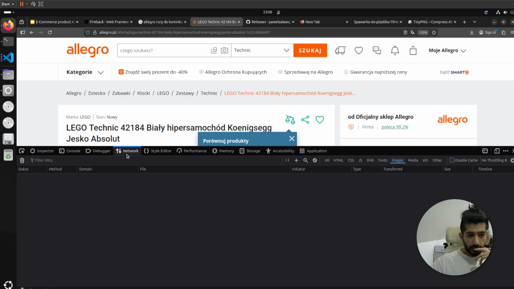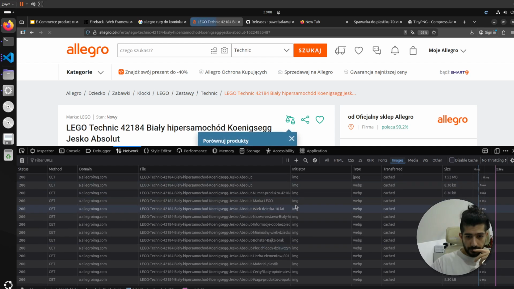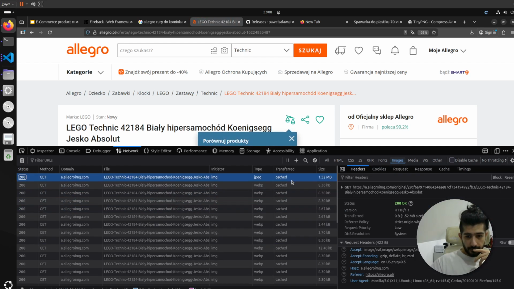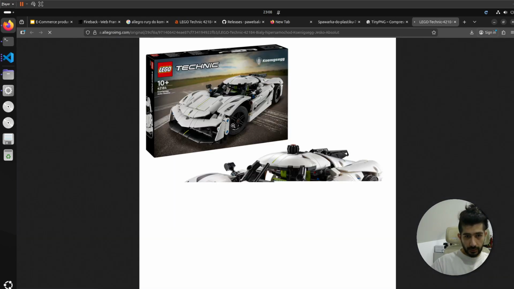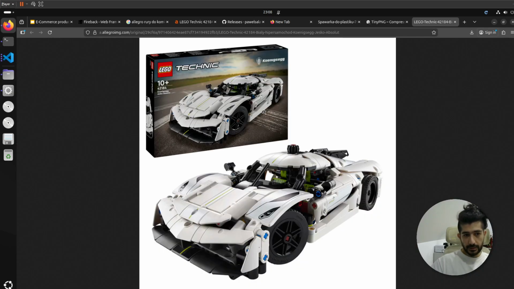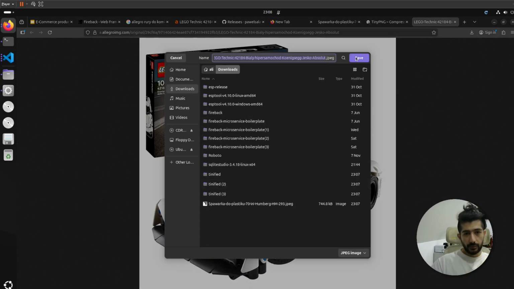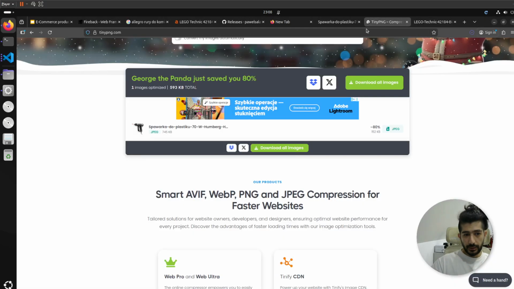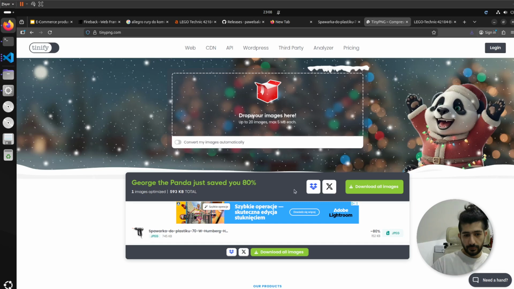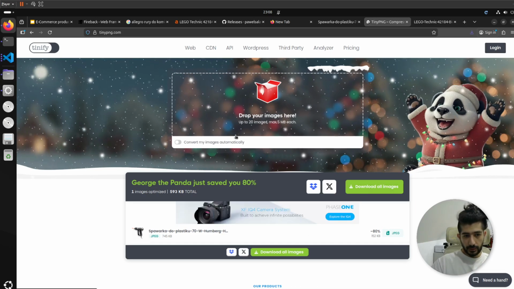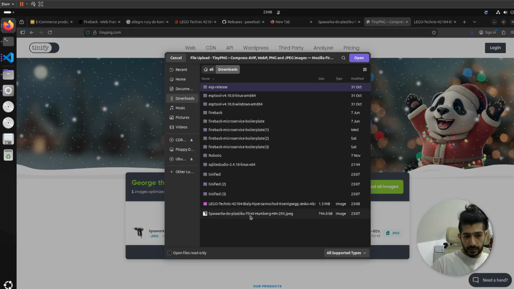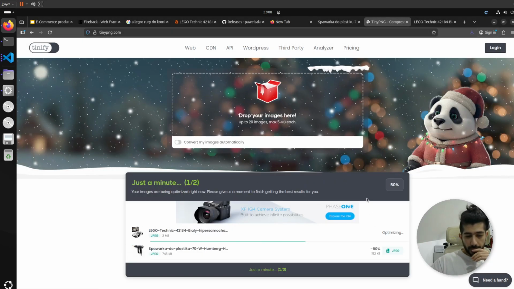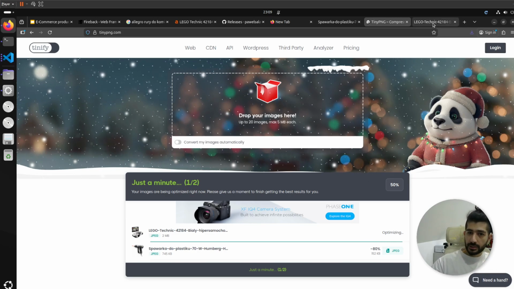We go to the network tab, images only, refresh the page, and then I have this one, 1 megabyte of image, which I believe if I open the tab I see it is here. If I download this image, then again go to tinypng, and what can I do? I can go and select the Lego, and it's gonna do some compression on it,